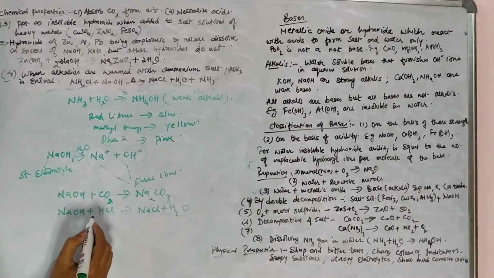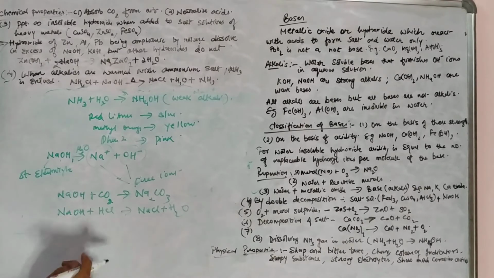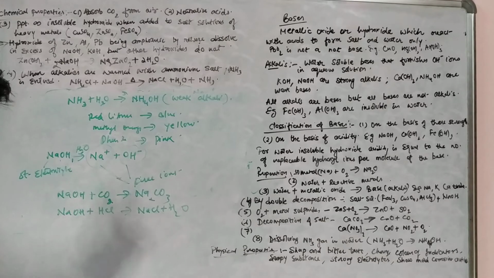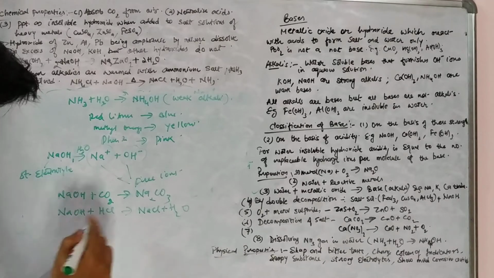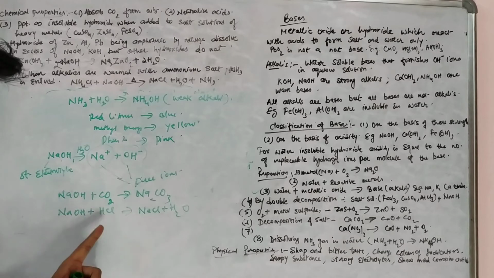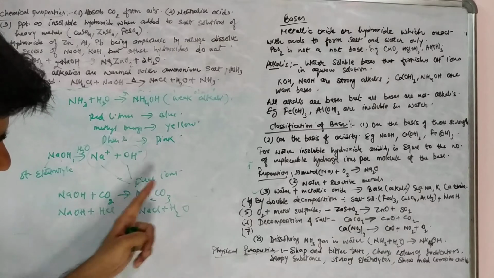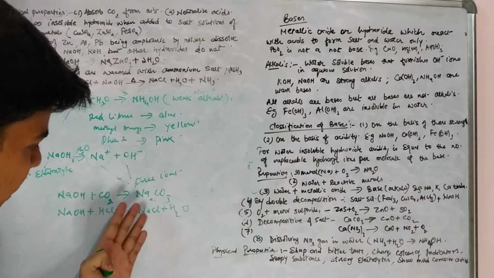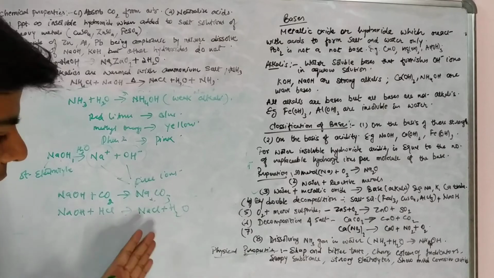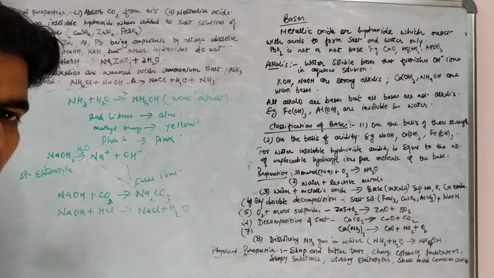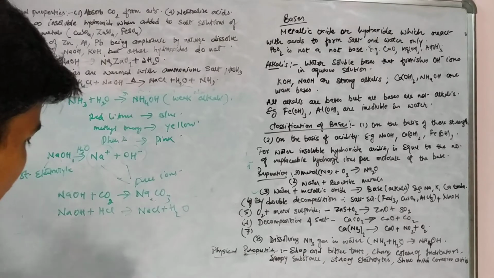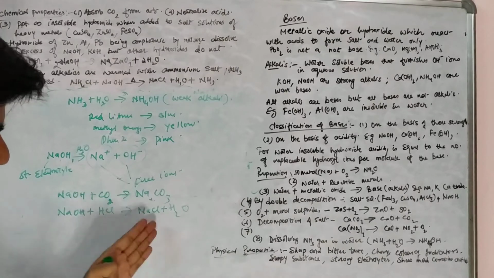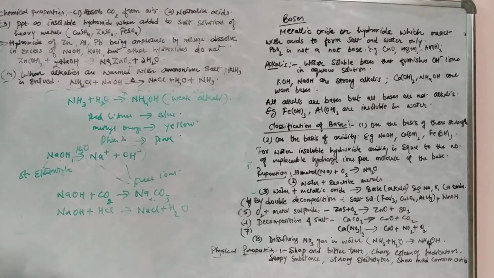So it neutralizes acid. What do you mean by neutralizes acid? We know this is an acid. So base or alkali, we call it alkali since it's a water soluble base. This alkali will react with acid and neutralize this acid to give you salt and water. Since this salt, sodium chloride, is neutral in nature, we say sodium hydroxide, which is a base, neutralizes acid to give you salt and water. And this is known as neutralization reaction.